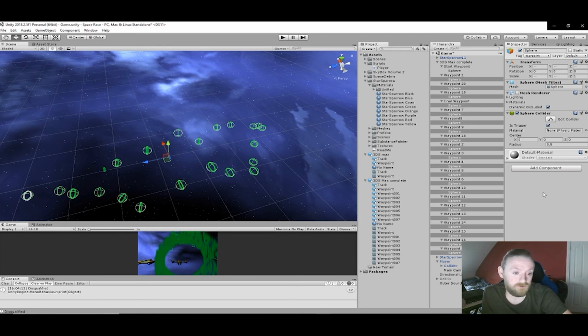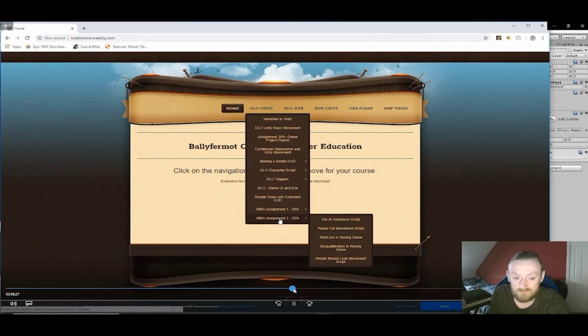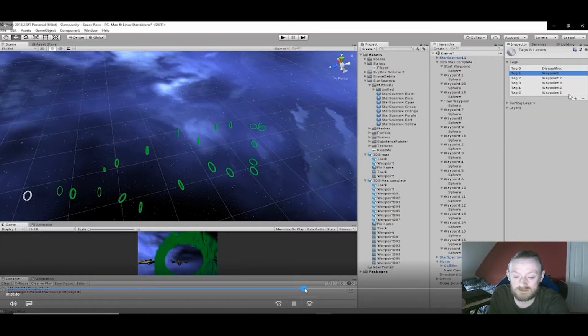But having a waypoint with the spheres inside of them as a trigger is not going to do anything unless I write some code to make them do something. Otherwise, I'm just going to fly through a sphere. An invisible sphere. Invisisphere. So I assume, is this my mouse? No, my mouse is over here. So why am I doing nothing? Oh, I'm checking out on the...